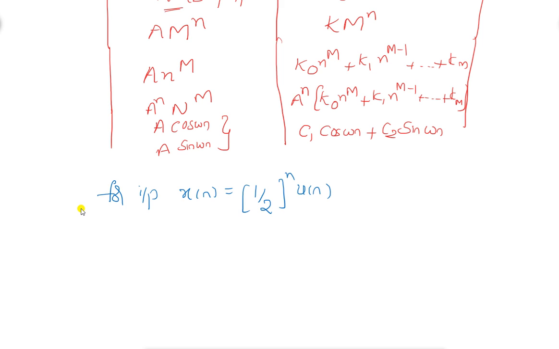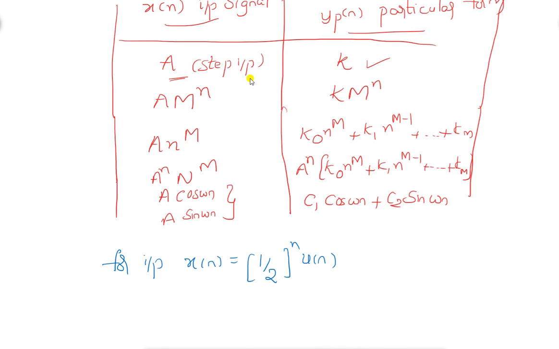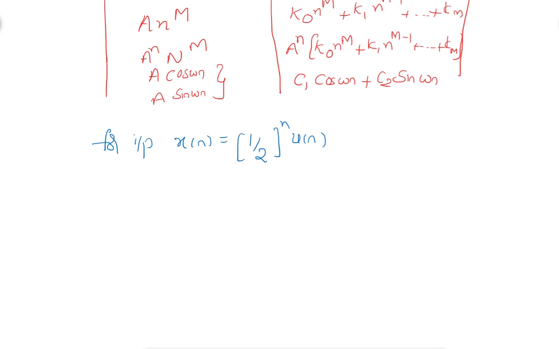This is our input signal. Observe, here it is a step input. So what should we do? You need to take the particular solution in the form k only, so that's why the particular solution is in the form of